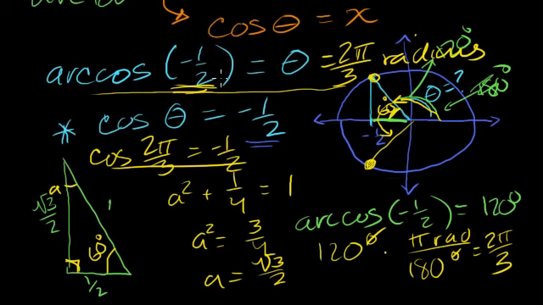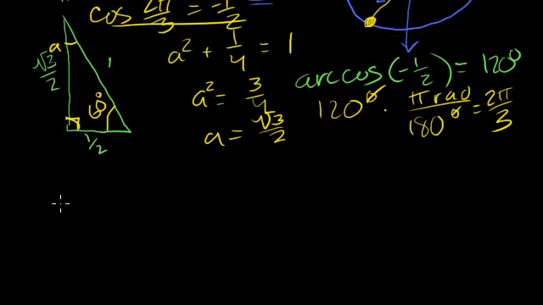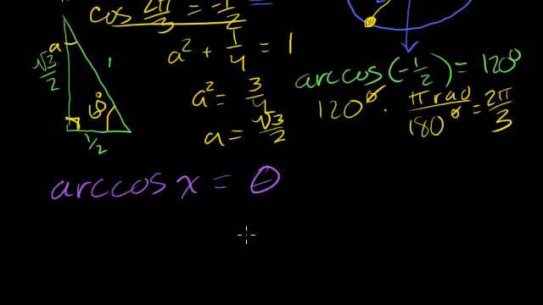So we have to restrict ourselves. We have to restrict the values that the arccosine function can take on. So we're essentially restricting its range. And what we do is we restrict the range to this upper hemisphere, the first and second quadrants. So if we make the statement that the arccosine of x is equal to theta, we're going to restrict our range, theta, to that top. So theta is going to be greater than or equal to 0 and less than or equal to